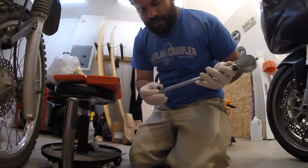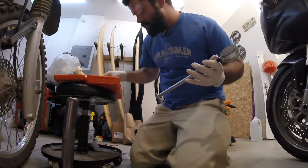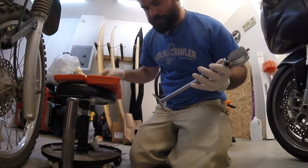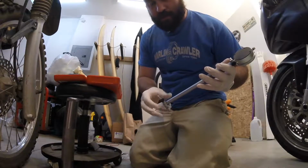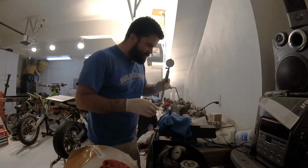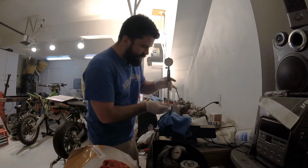Then this piece right here unscrews. And then the 2.60 inch anvil is inserted right there. And then this little collar is screwed back down. So now to do this, I apologize for the lighting, but we're going to be back at